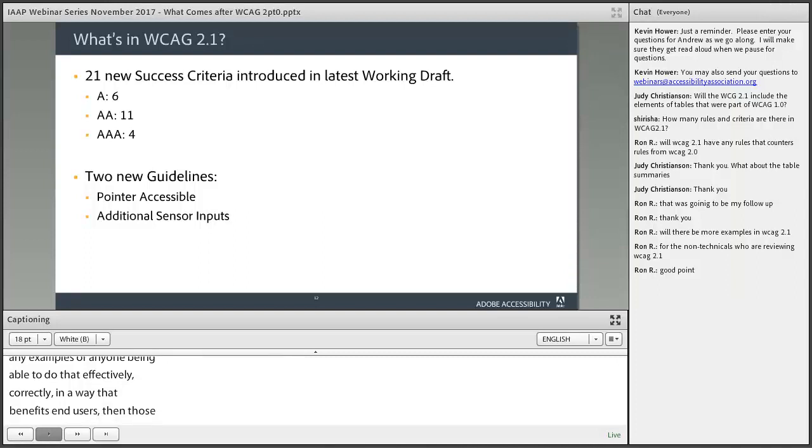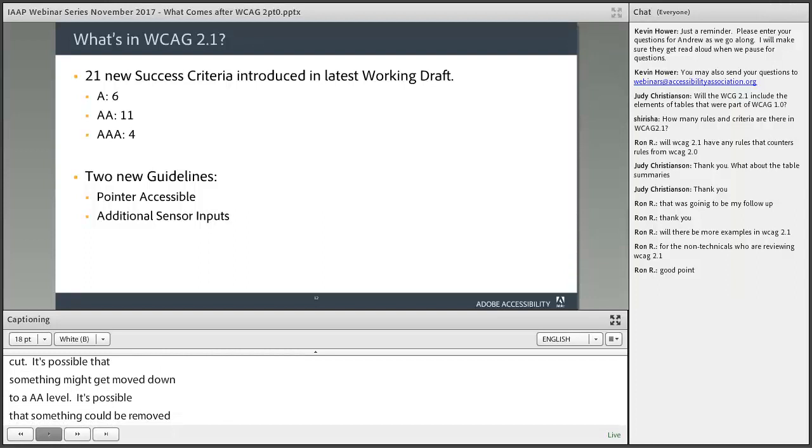It's possible that something might get moved down to a lower level. It's possible that something could be removed entirely. So there's a variety of things that may happen. We very much want to not wind up with a WCAG 2.1 that has 1 new success criterion. We believe that there's additional work that we can do to help end users. But